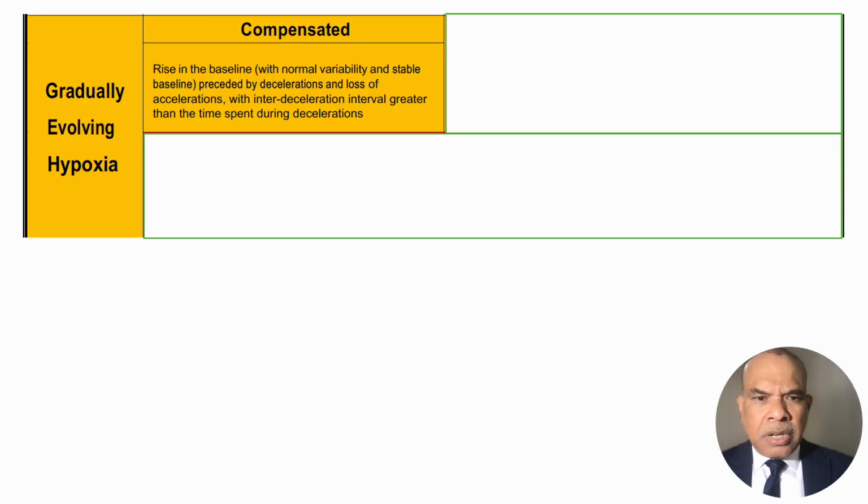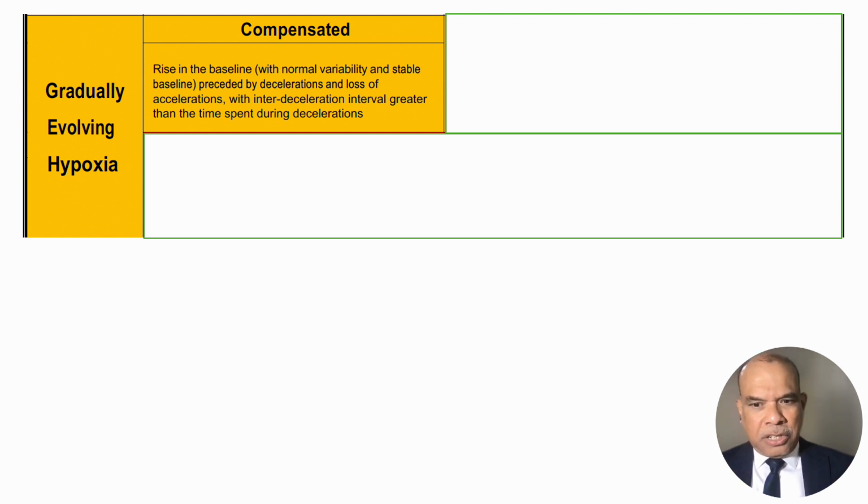Then we come to gradually evolving hypoxia. Let's look at the compensated gradually evolving hypoxia. So the guideline tells you there should be a rise in the baseline, because we are now talking about hypoxia, not hypoxemia. In hypoxemia, you have no reason to release catecholamines. They are transient episodes. Whereas when the tissues are now getting less oxygen, you need to increase the cardiac output